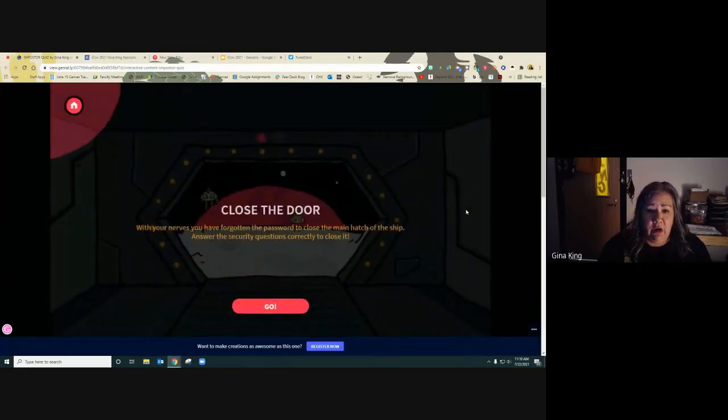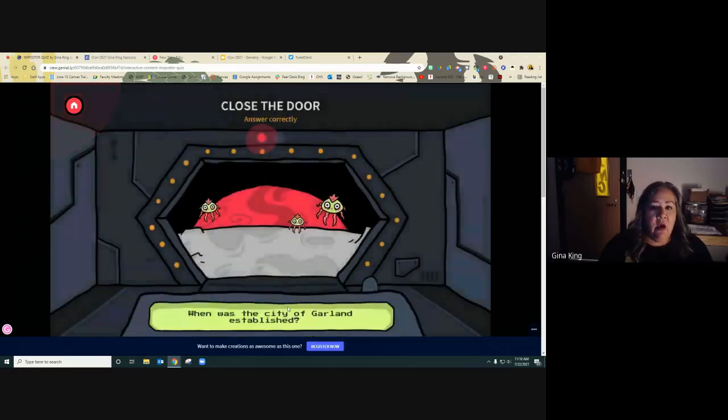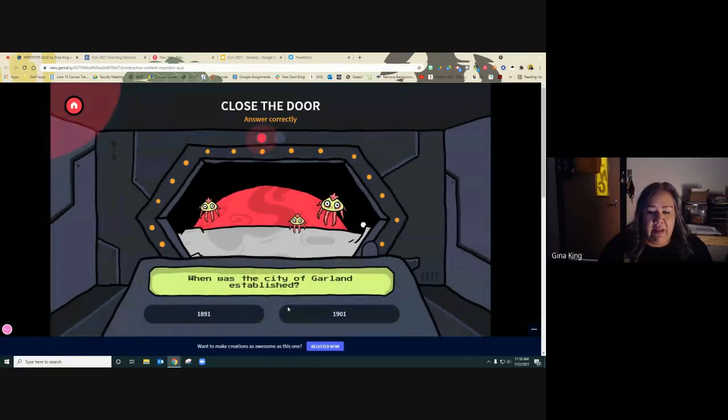So if I push here, close the door. With your nerves, you've forgotten the password to close the main hatch of the ship. Answer the security questions correctly to close it. So we know this is going to be like a quiz, a review, or something like that where they have to answer correctly. So again, on the template, you can always go back home, or when you're in edit mode,